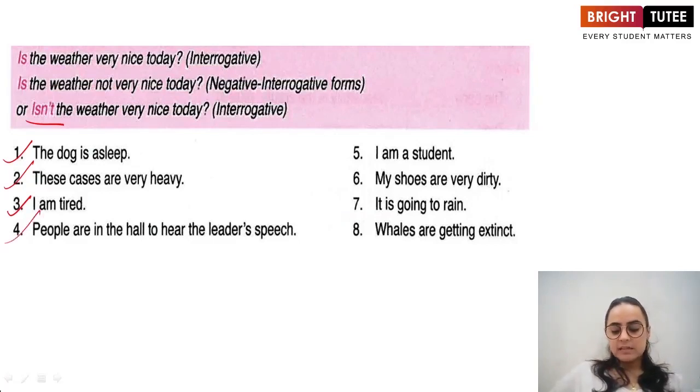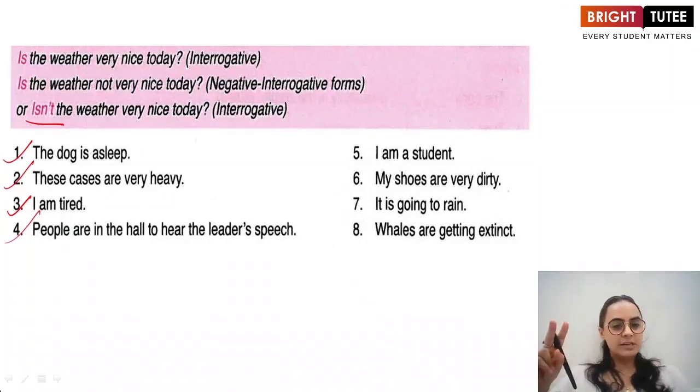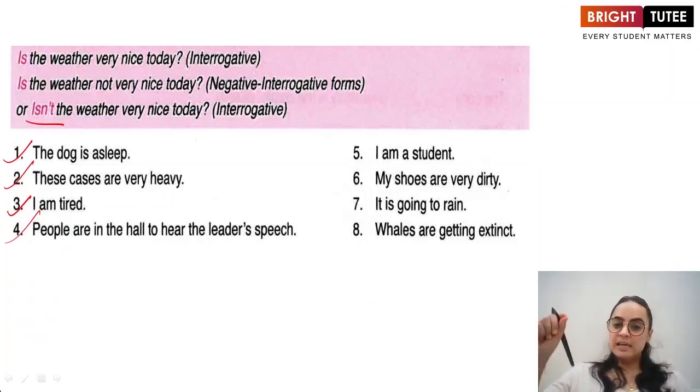Okay. Fourth sentence, people are in the hall to hear the leader's speech. So this is positive. Negative, the people are not in the hall to hear the leader's speech. Interrogative, are the people in the hall to hear the leader's speech? And negative interrogative, aren't the people in the hall to hear the leader's speech? So this is how we are going to solve